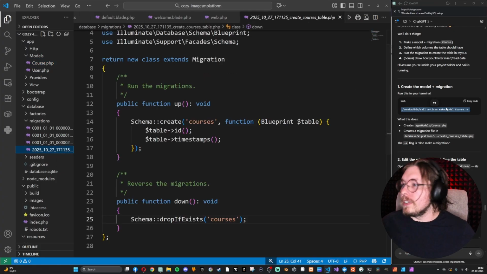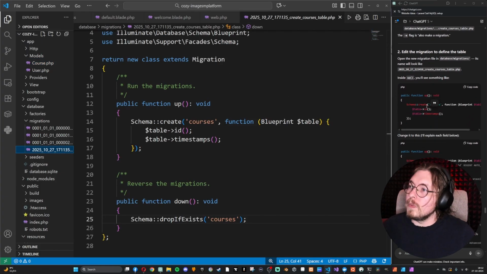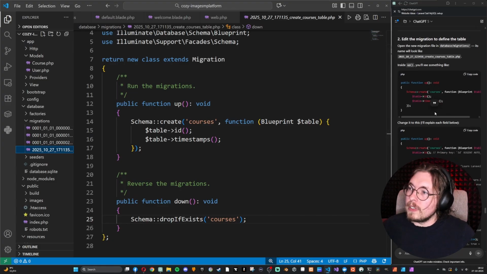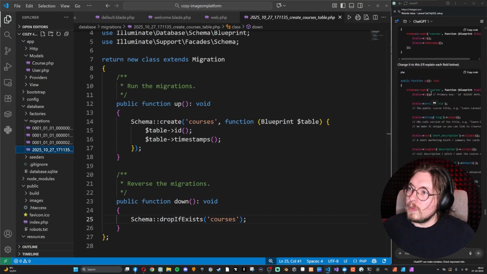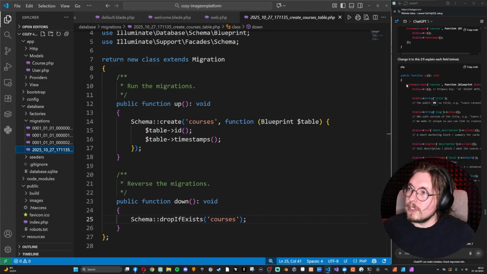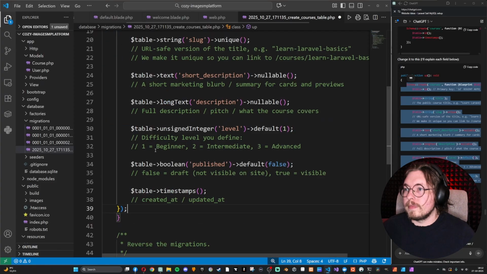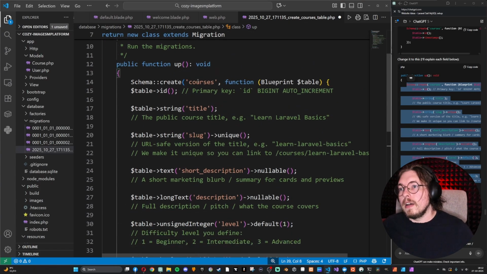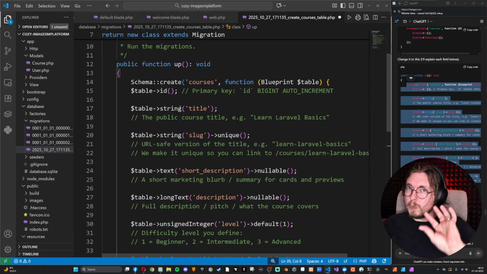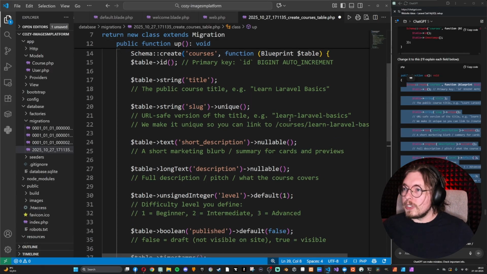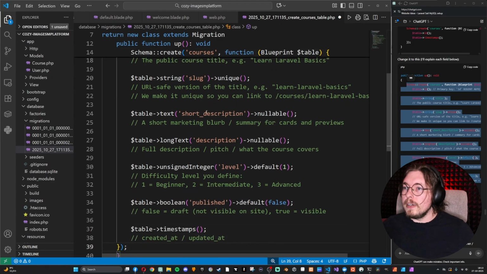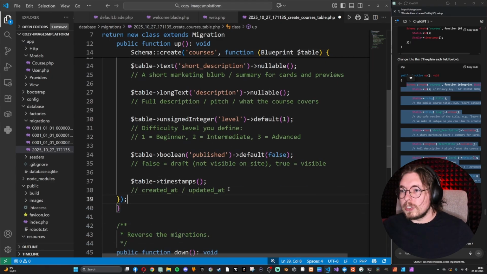Okay, but we're going to go inside migrations. It did give me some tips on what I could do. So inside courses, we're going to go ahead and add in this information here. Now, I do want to tweak this. So it's going to create courses, right? We haven't created the database table yet because we have to run the migration first, but we need to tweak what exactly it's going to do. So we're going to have title, slug. I'm just going to keep the comments in there, pretty nice. Short description, level, published, and